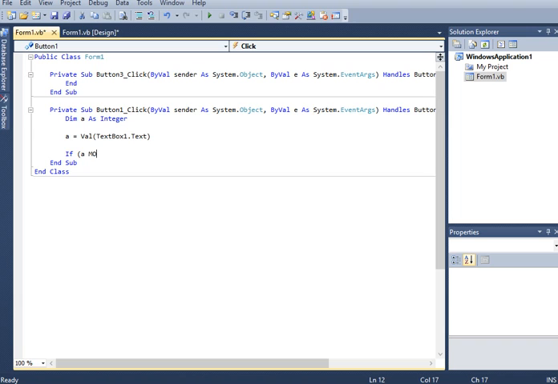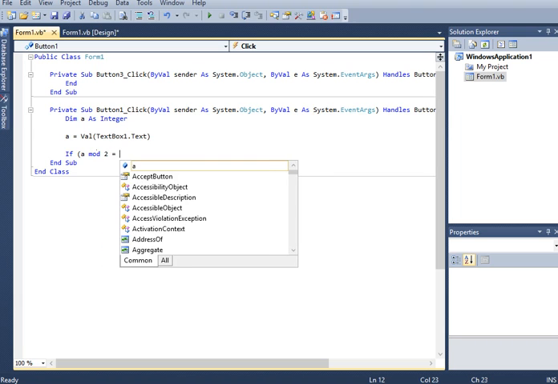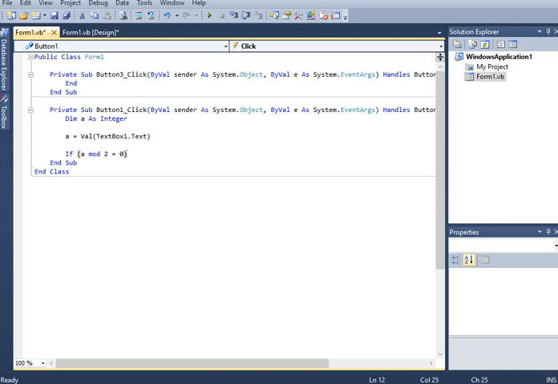If a Mod 2 equals 0. Mod is modulus, to check if there is a remainder by 2. If it is equal to 0, then